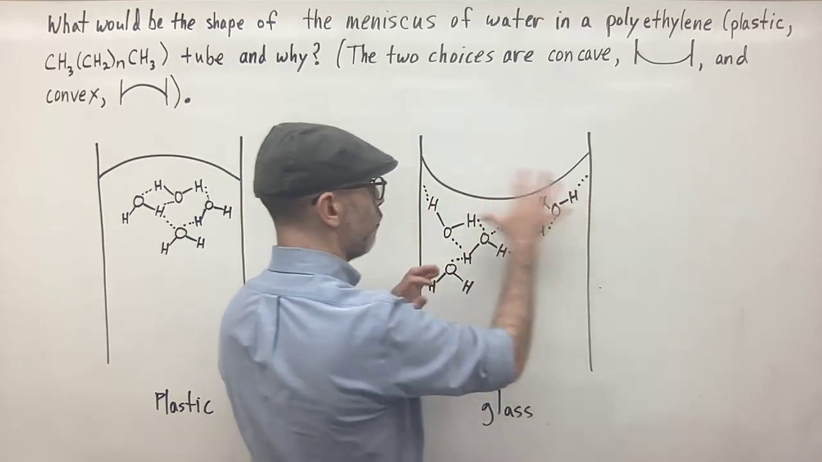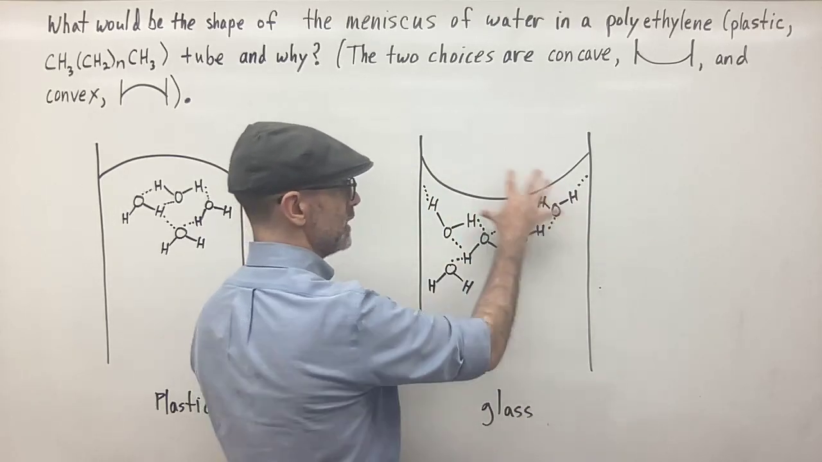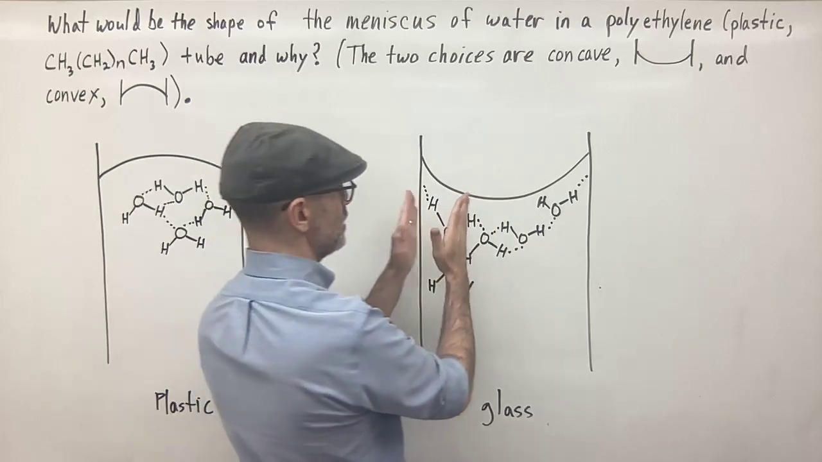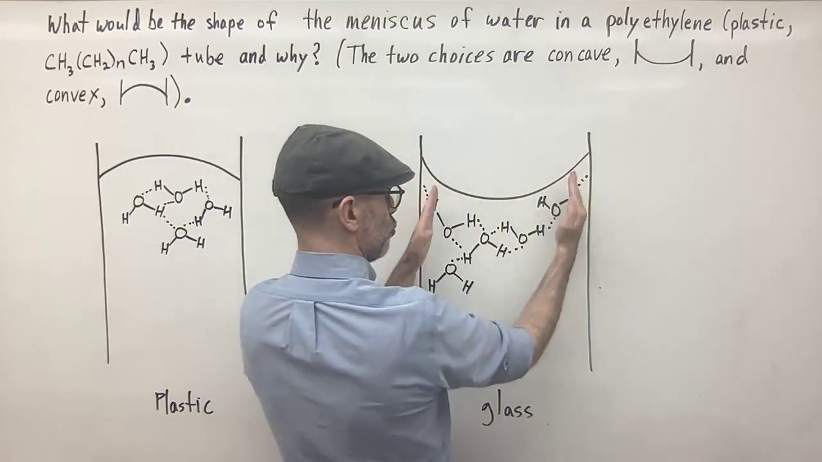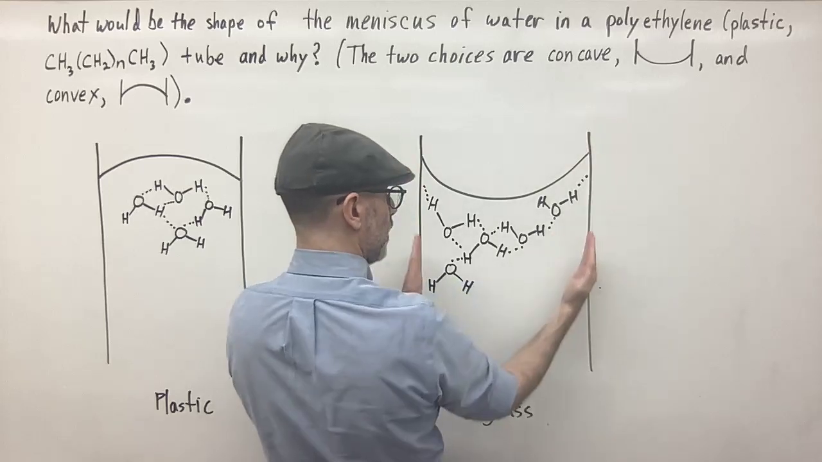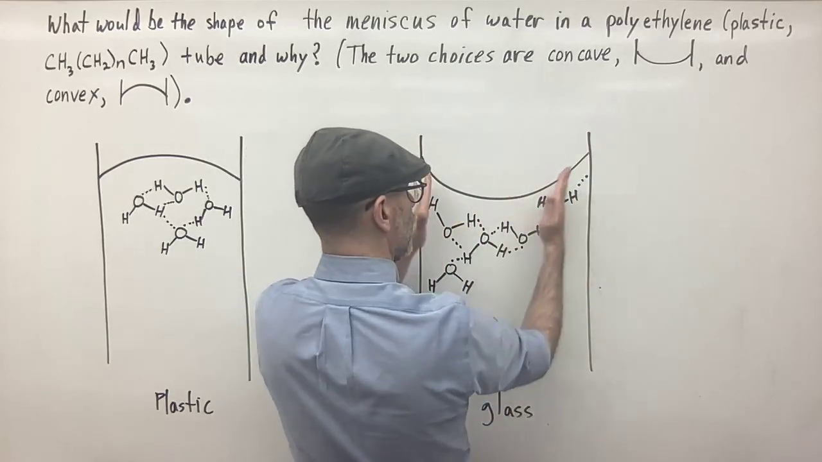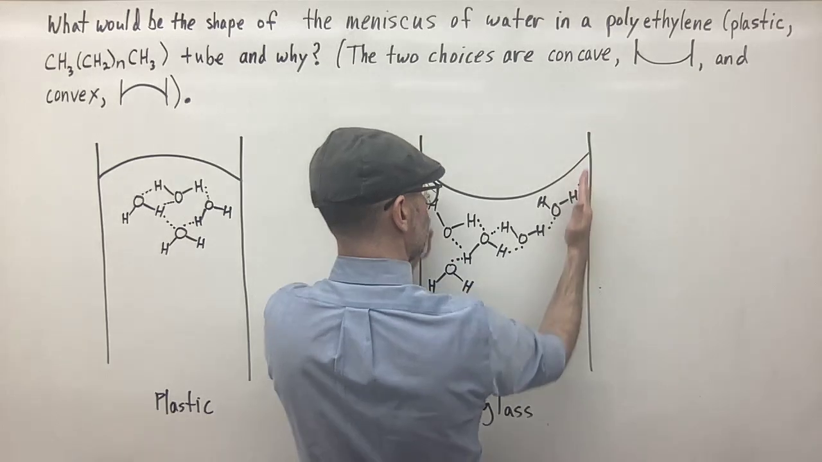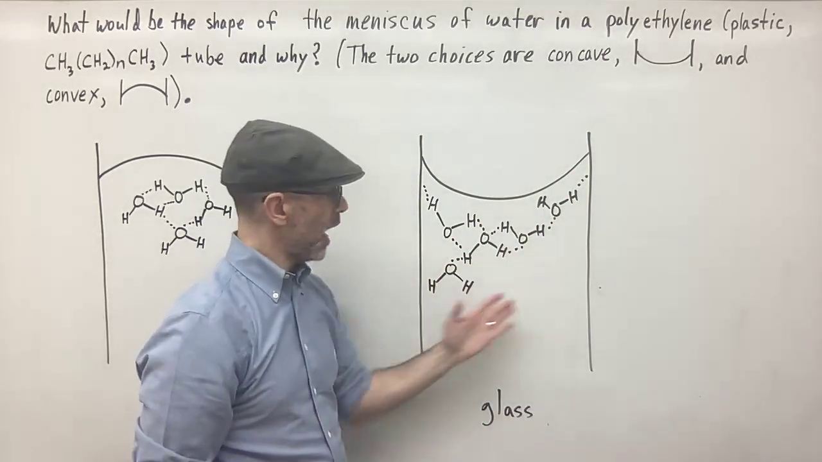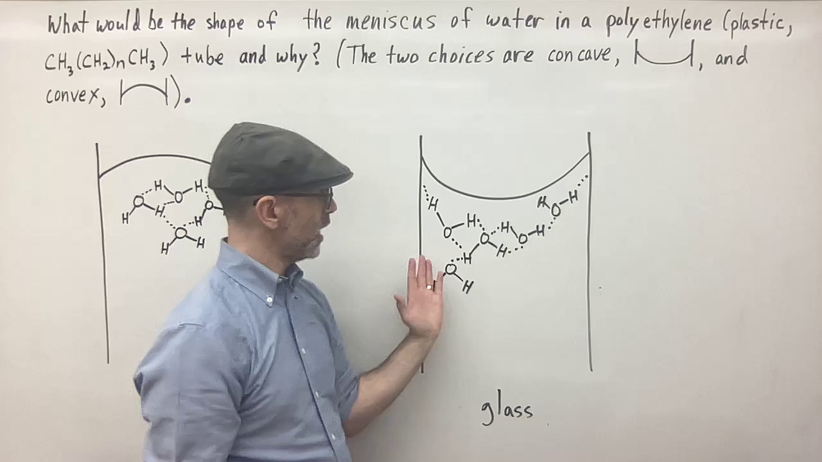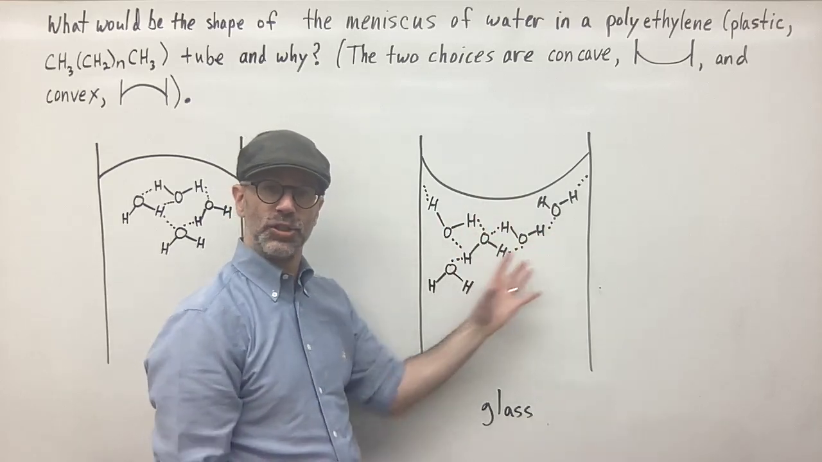So for the hydrogen bonding, right? But the hydrogen bonding is still there. So what happens is the water molecules are attracted to the sides of the glass tubing. So they're going to move upwards and go up into the sides of the tubing here. And because of the hydrogen bonding, you've got this kind of meshwork or network of attraction forces between the